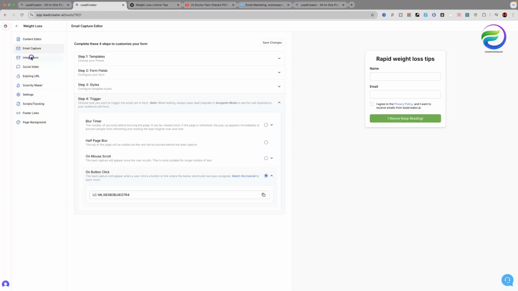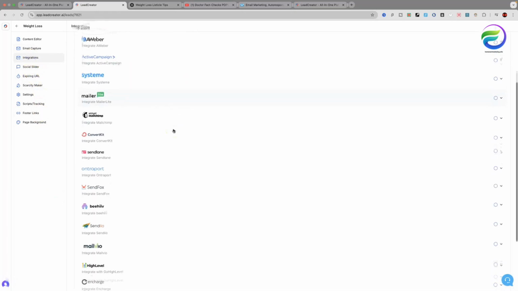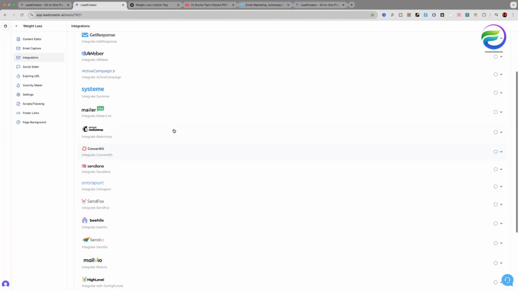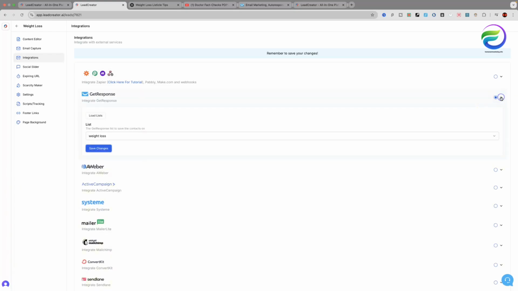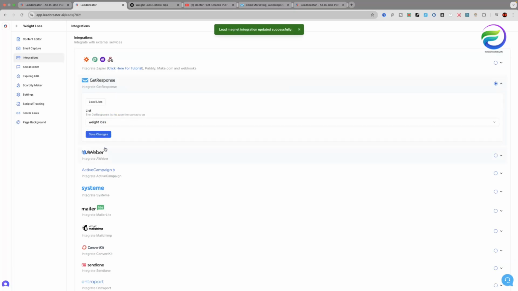Next, we'll move on to integrations. As you can see, for a lot of autoresponders this integrates with. I happen to be with GetResponse. So in order to select a particular contact list, we'd go to our autoresponder, select the drop down. I've created a list, weight loss, and we just save changes. The rest of the items are all optional, and I may run through those in another video. Anyway, we've completed that, and